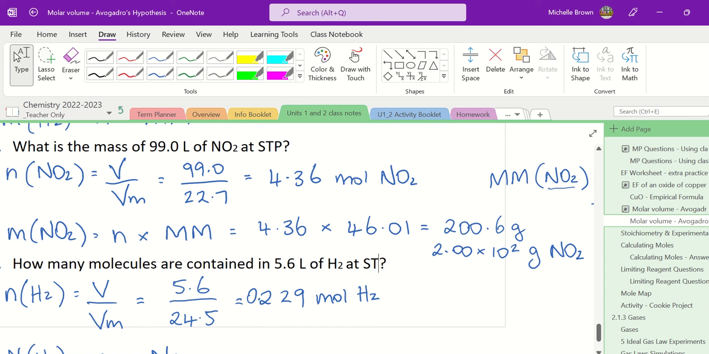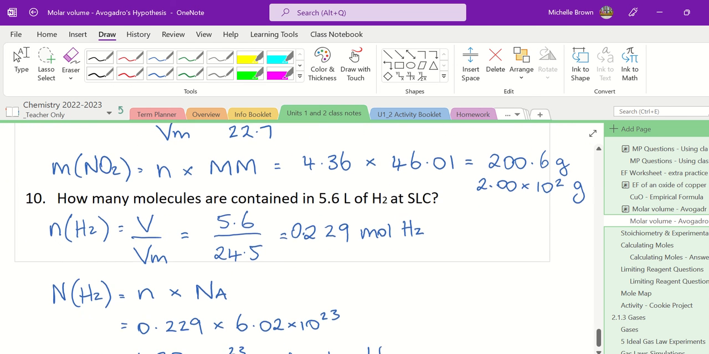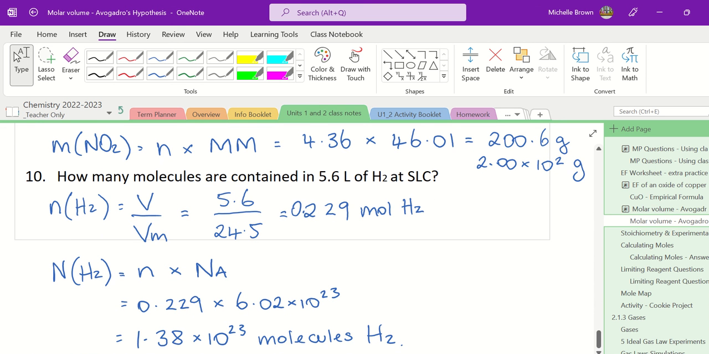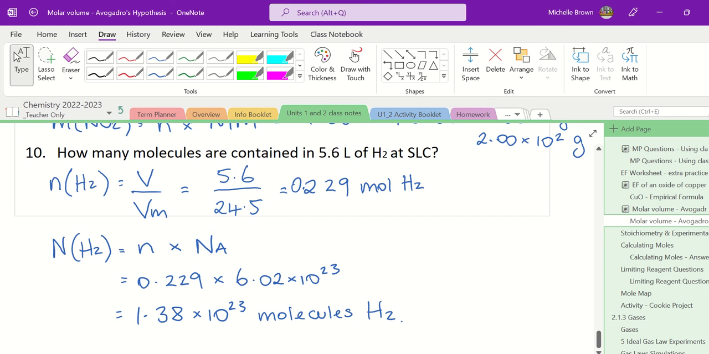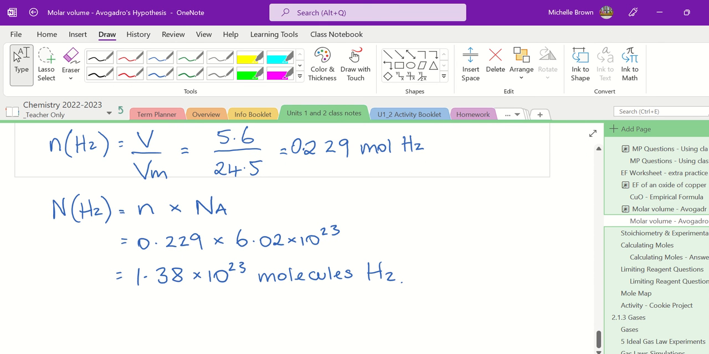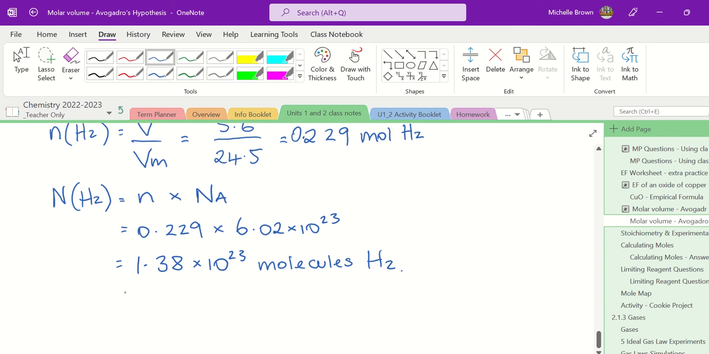And this last one should say SLC. How many molecules are contained? We're given the volume. Because it's SLC, we divide by 24.5, and then we multiply the number of moles by Avogadro's number, and we have 1.38 times 10 to the 22 molecules of hydrogen, and I've just noticed my mistake. It needs to be 2 significant figures, so that's equal to 1.4 times 10 to the 23